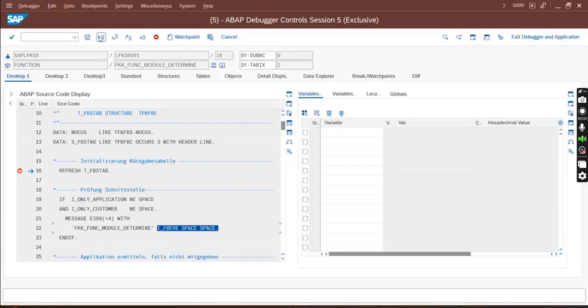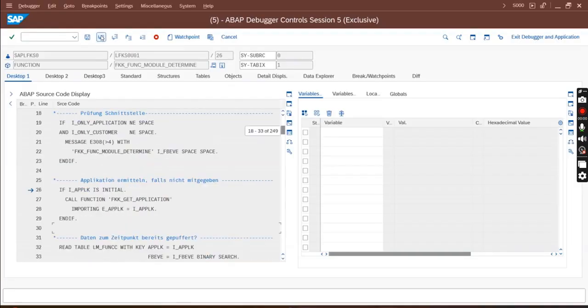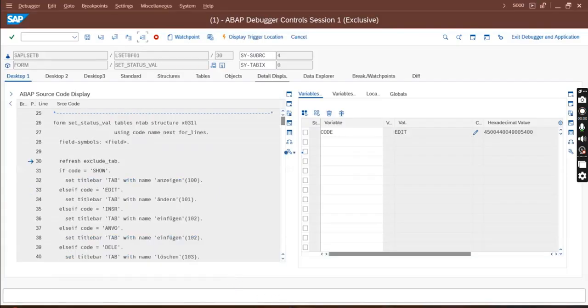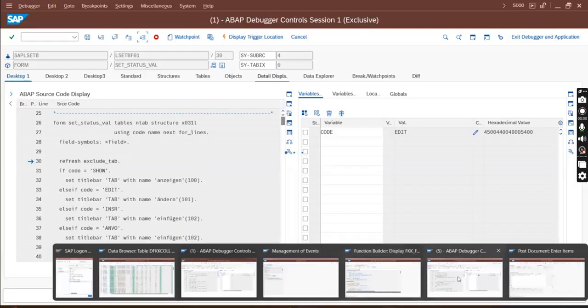I'll click on this F5 because currently my code is at line 16. I want my code to come to 22. So F5, it is at line number 19. Again F5, it is at line number 26. So it has already read line number 22. Just click on IFBEV and it will tell you the first event it has read is 1122. Let's see what 1122 does.